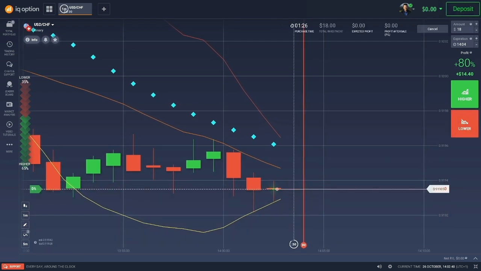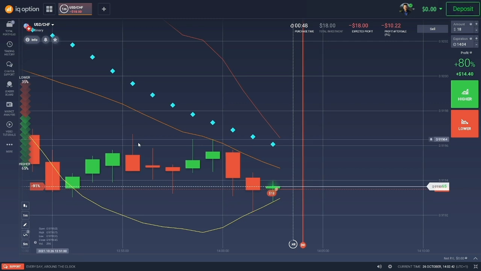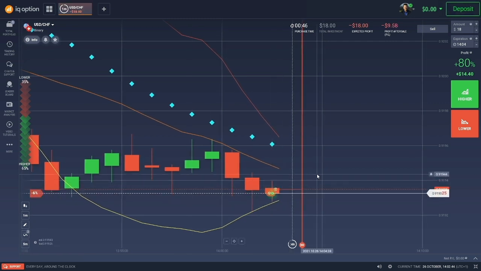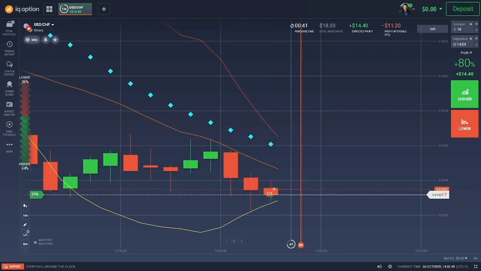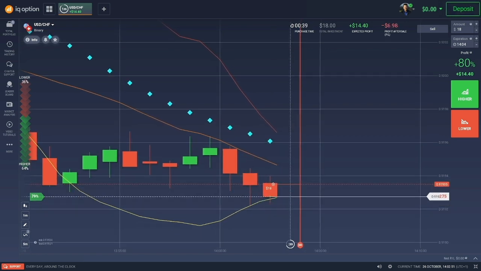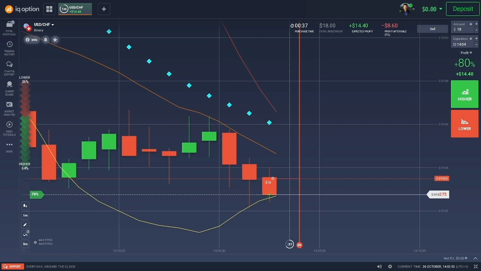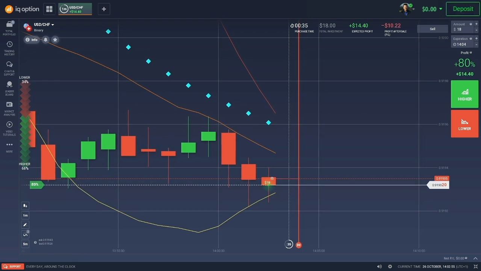Okay. So you can learn how to choose the assets. There's plenty of things on the course. You can follow the course, learn the course, and then start a career in trading binary option.